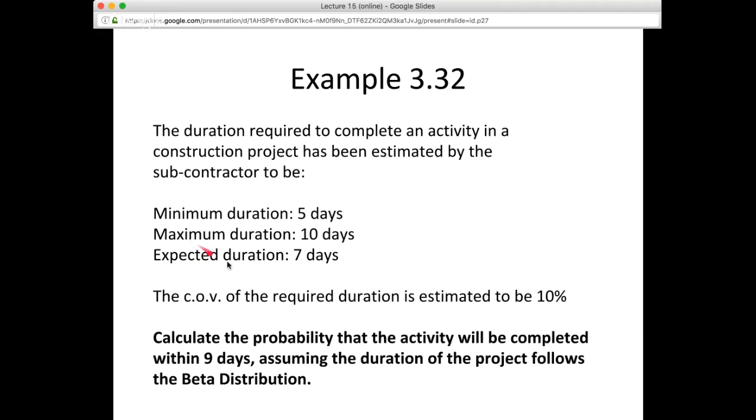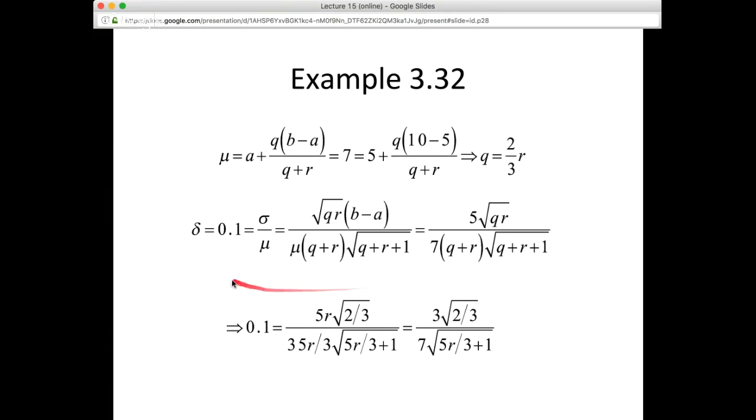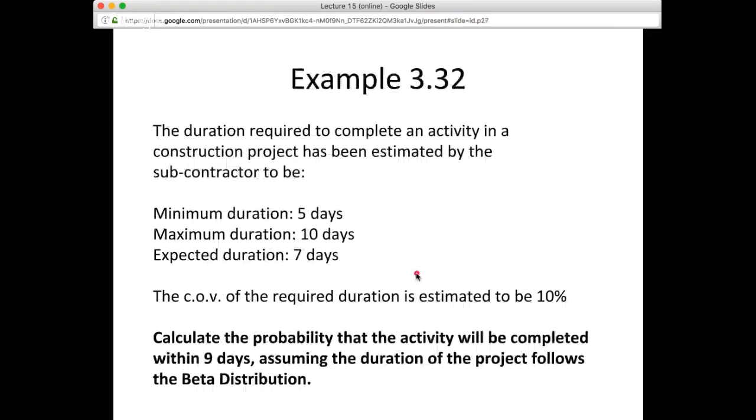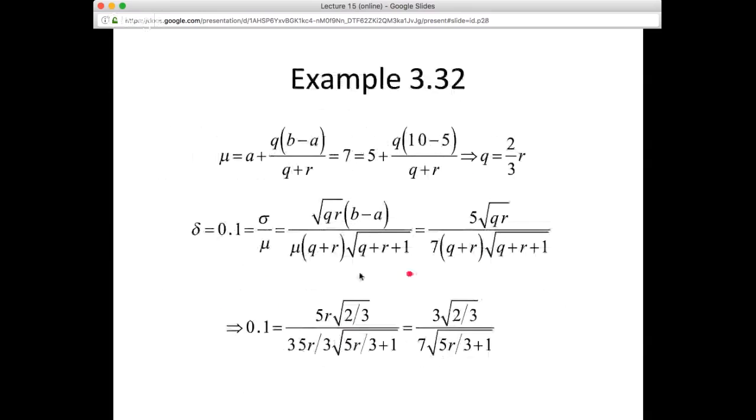Let's just go back to the problem statement. It says the COV of the required duration is estimated to be 10%. So we know that the COV is 10%, and remember the COV is defined as the standard deviation divided by the mean. And so we just substitute the mean in the denominator, and then all the rest of this is just the square root of the variance, which we were given an expression for here. So we just take the square root of both sides of that equation and plug it in,